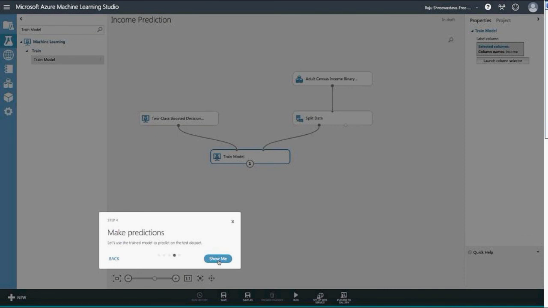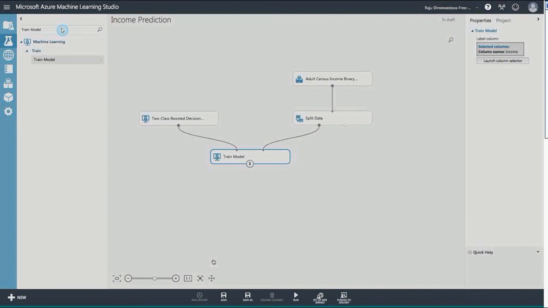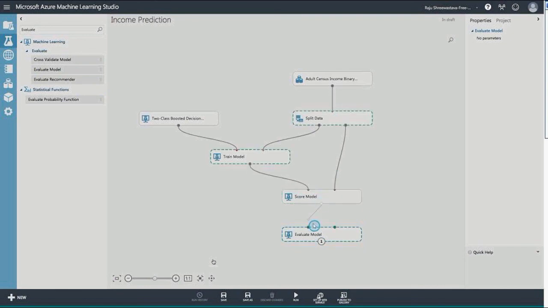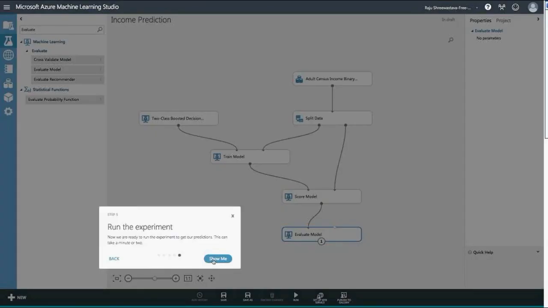We have given 70% of the data. Let the model build it. I'm now going to give it another block called score the model, evaluate the model, which is going to test it after scoring whether it is fitting on my 30% data and see if that is right or not, which is its finding. So we are going to do that experiment.